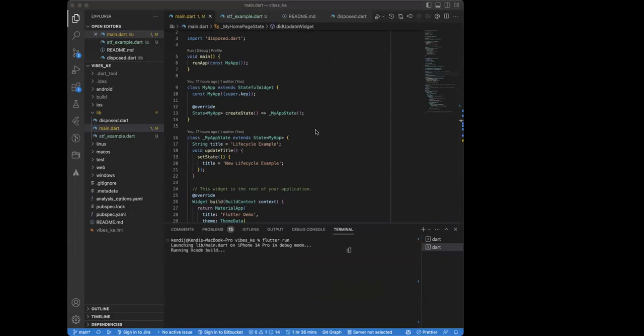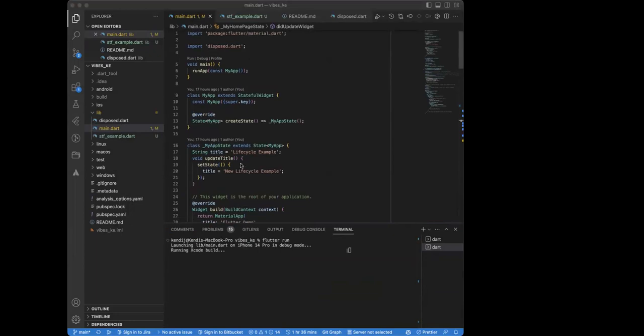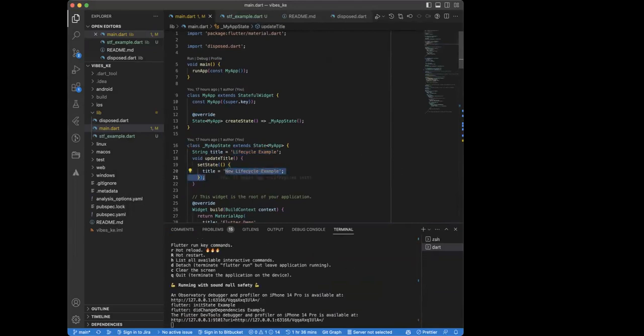We have a title, this life cycle example, that we would wish to update to a new life cycle example. So yeah, good, the application is run. On this didUpdateWidget life cycle, you see this life cycle example, right? We want to see how we would be able to update this particular title to a new title so that we are able to see this life cycle and how it's able